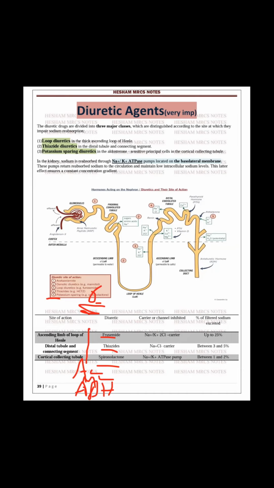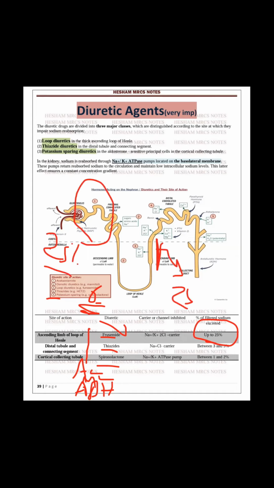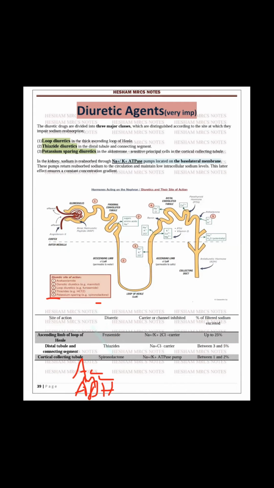You should keep one single number: up to 25% of filtered sodium can be eliminated using Lasix or furosemide in the thick ascending limb of Henle. This is about 25%. And see, in the proximal convoluted tubule I also have 25% of the sodium. So here, sodium 25% in